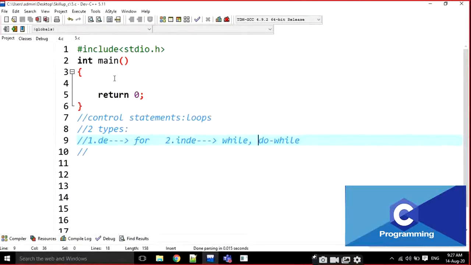Sir, repeat that definite looping, please. Definite looping means, for example, our class is there. Exactly after 1.5 hours it is going to stop. It is going to stop at, for example, 45 days duration. After 45 days, I am going to stop the class. Is it finished or not? I don't know. At 45 days, that means I have a boundary here. I have to stop at that particular position. That is called definite.